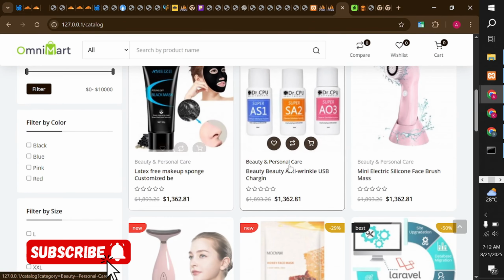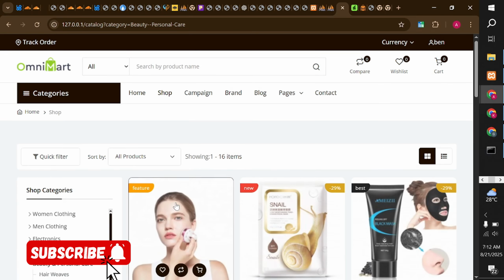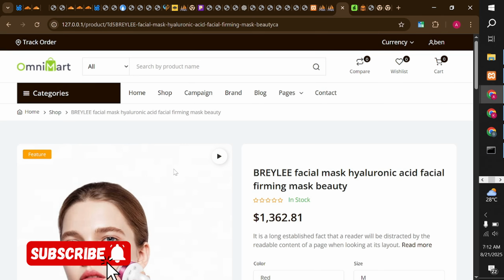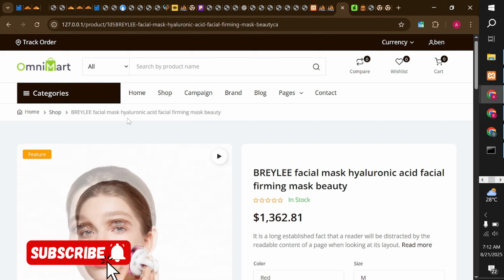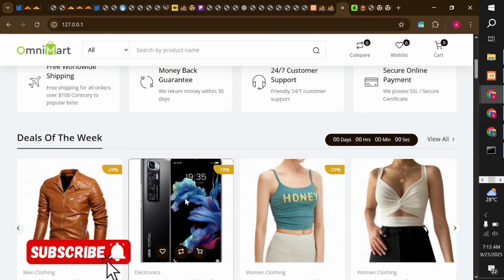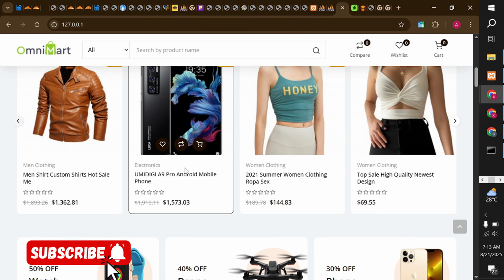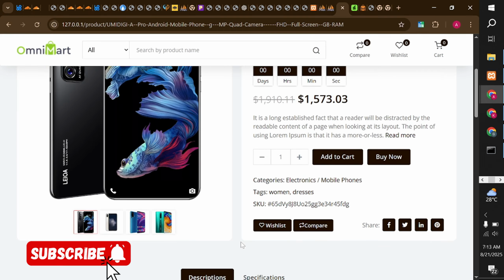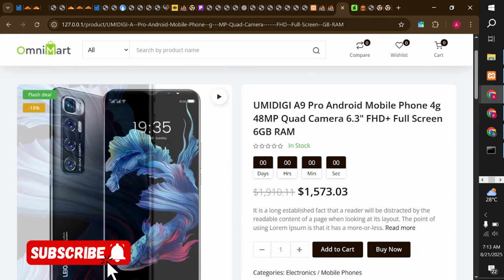So we have the product. You can just click on the product and it takes you to the product. Then you can add to cart or something. Yep, you can see that's how the website looks like. So you can actually